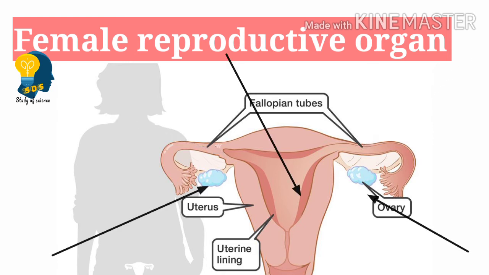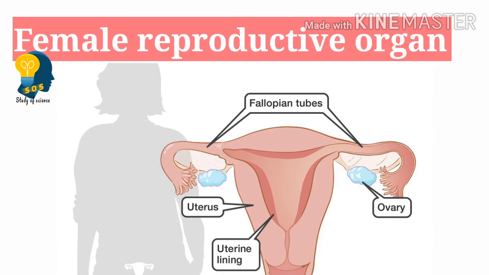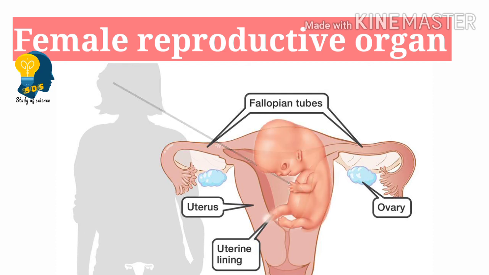Let us once again recall what is the function of ovary. Ovary is the region where the female sex cells are produced. Okay. Then what is the importance of fallopian tube? Fallopian tube receives the one matured egg from the ovary every month. And then what about the uterus? Uterus is a region which helps in the development of embryo. Once the egg gets fertilized, then what happens? Embryo will be formed, and that embryo will be taken care of in the region of uterus.